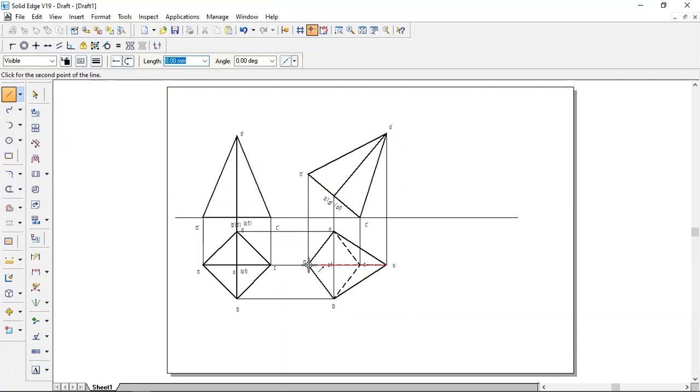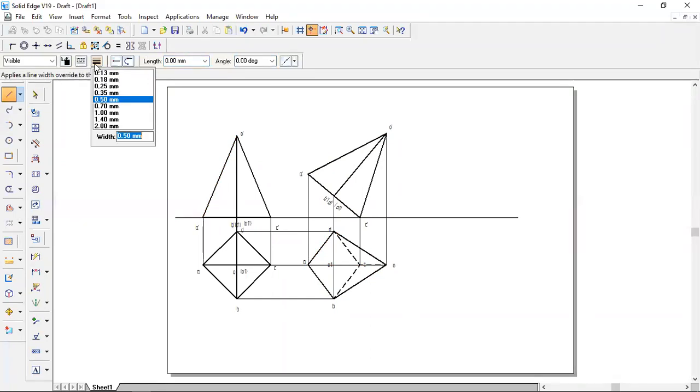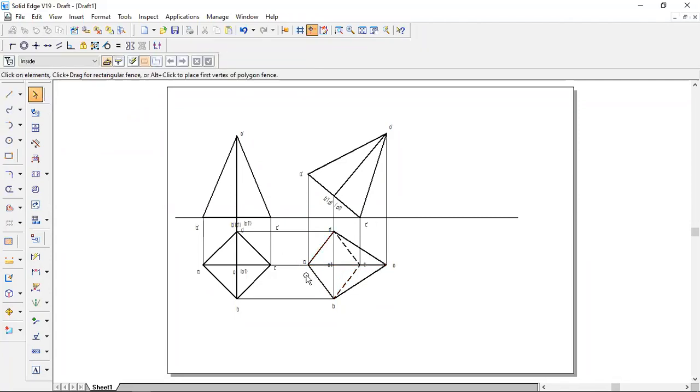It should be drawn as a continuous thick line of 0.5 mm thickness from O to A. See here, the thick line and dotted line coincide at this particular point, but the thick line overlaps the dotted one. That's why the thick line should be shown when they coincide. So OA is a thick line. Now this is the top view of the given square pyramid.